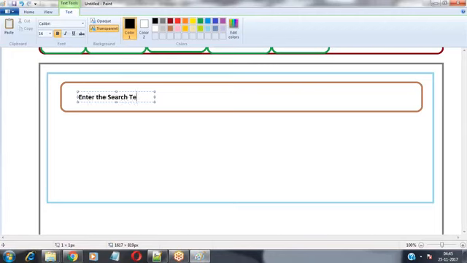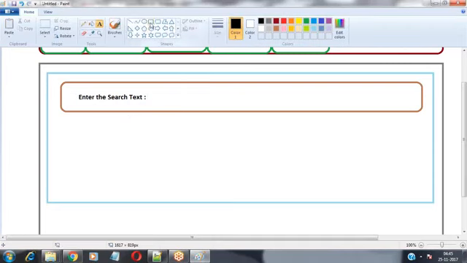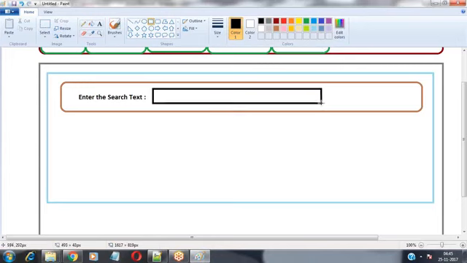Enter the search text. To enter that search text, he is providing a search text box, and along with that, he asks me to provide a button control over here.